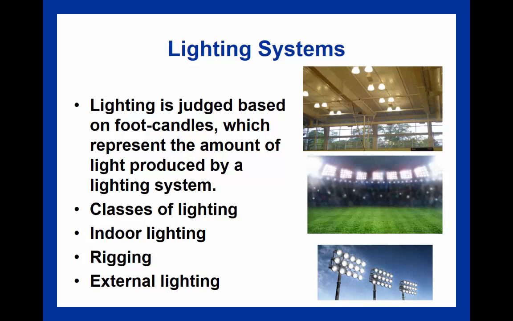Lighting systems. So the text talks about lighting, and what we're talking about here is really the different types of light that a facility encounters. So ambient light or atmosphere light refers to the actual sunlight, but then there's also different classes of lighting that's going to be used to